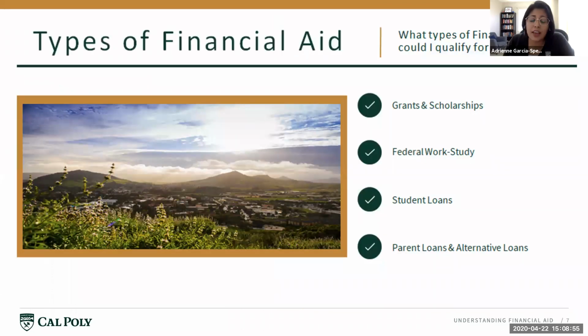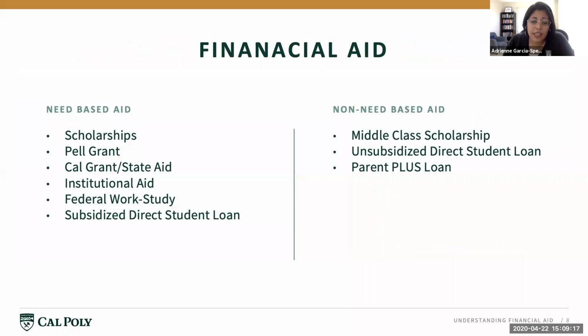The aid types: there are a lot of different kinds of aid that you might be seeing on your financial aid package. Aid includes grants, money you don't have to pay back; federal work study, money you earn through work; loans, money you do have to pay back; and other types of aid include need or merit-based scholarships. Financial aid awards are broadly categorized into two categories: need-based aid and non-need-based aid. Again, remember, this means you have to have financial need based on the formula that I showed a couple slides ago. Your financial aid package may be made up of a mix of these types of awards.